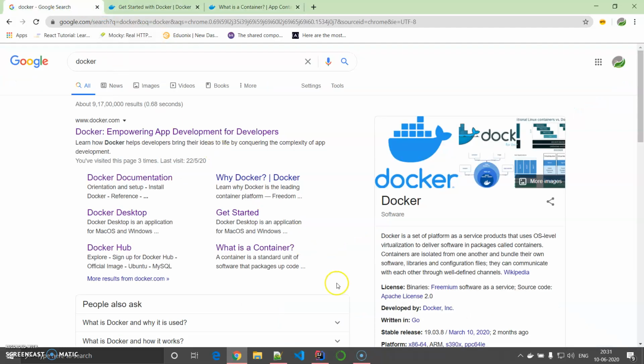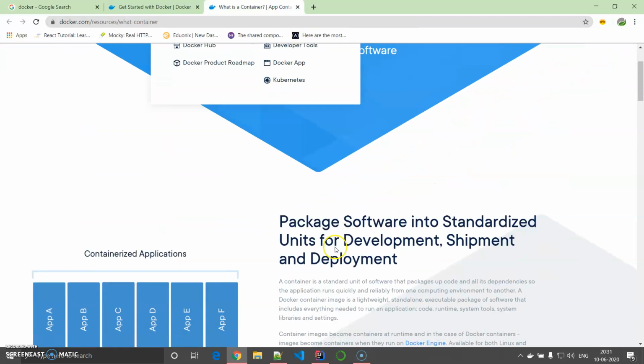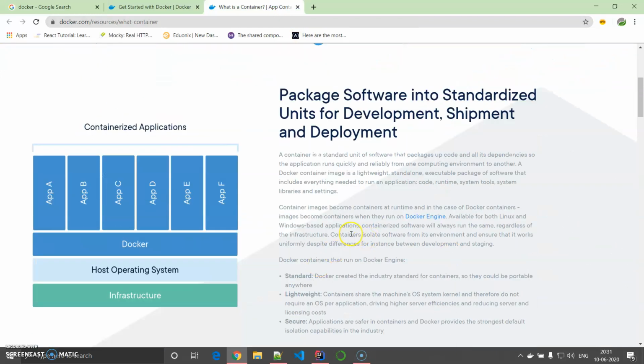As per the internet, what is Docker? It's a set of platform as a service products that uses OS level virtualization to deliver software in packages called containers. So what are containers? They are isolated containers. As per the documentation from Docker, a container is a standard unit of software that packages up code and all its dependencies so that the application may run quickly and reliably from one computing